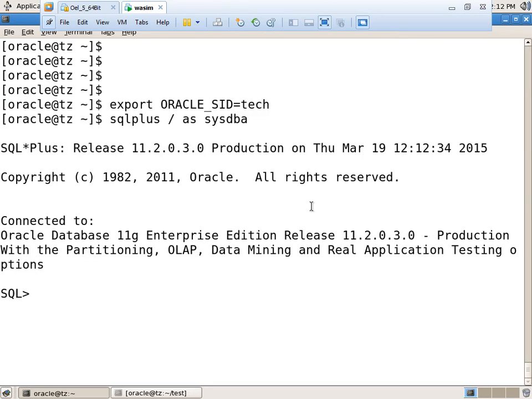How to check whether our instance is started through SP file or P file? Show parameter SP file, okay.